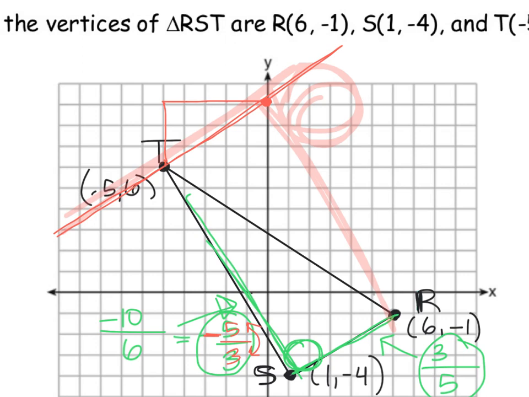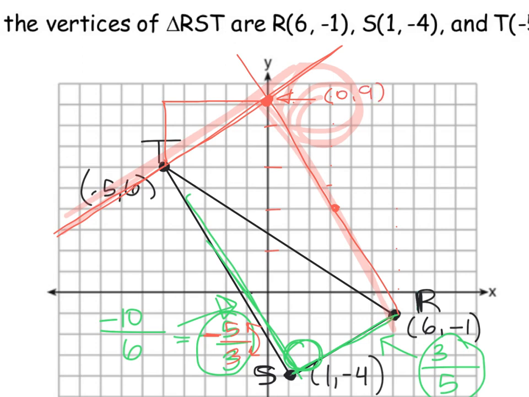I'm going to do the same thing with SR. I know that slope is 3/5, so I'm going to do a -5/3. So I'm going to go up 5 and back 3. Make sure that's negative. I'm going to do it again. Up 5 and back 3. And now I am at the same point I was before. So I can see that this point is where those 2 lines intersect. And the coordinates of that point are